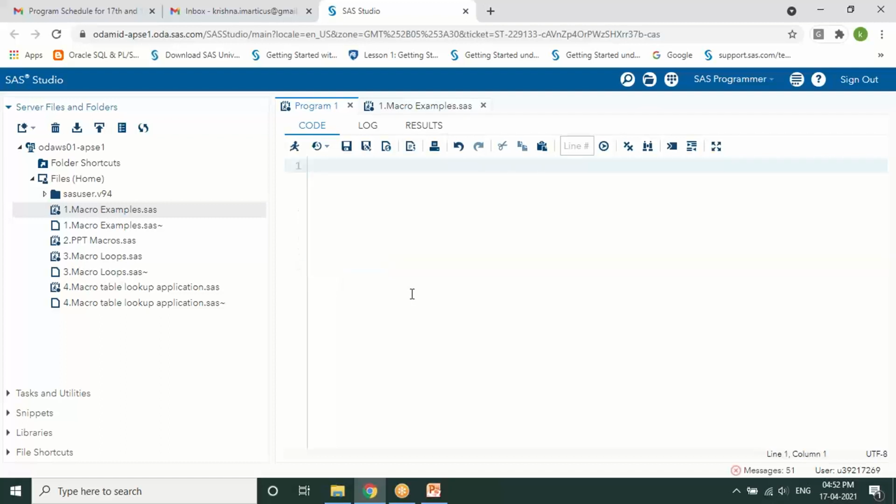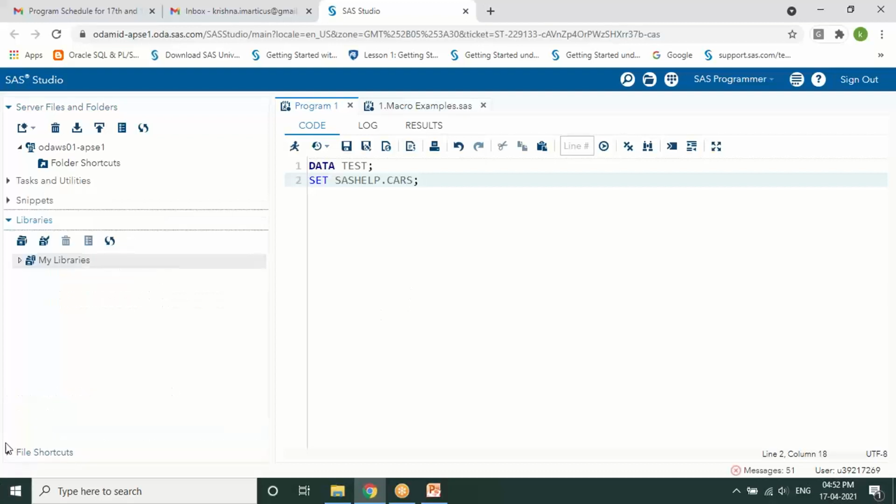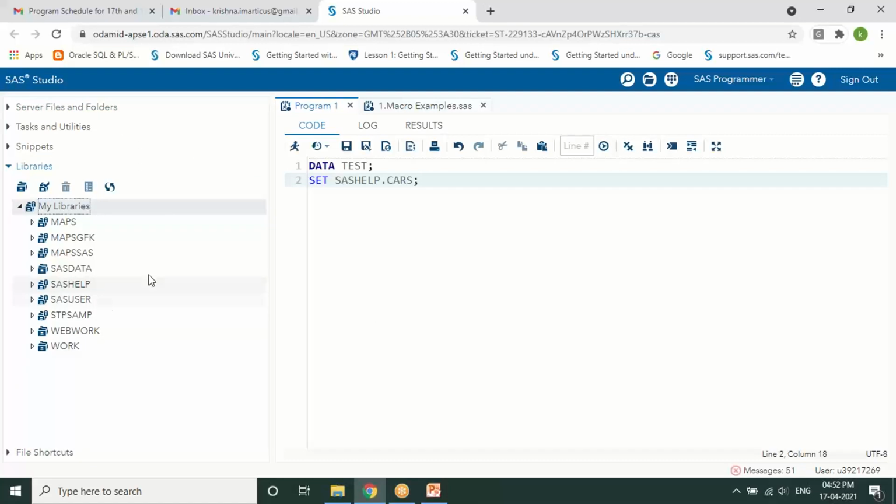Now assume I'm just invoking a data set, let's say some test data set, making use of existing SAS data sets. Sorry to interrupt, Krishna. Yes. You said that the macro is created in the backend. Where exactly is it getting created? Actually, it gets created in the work library.